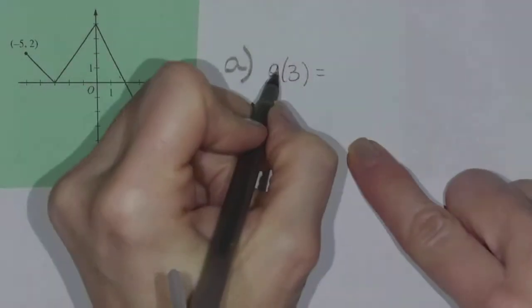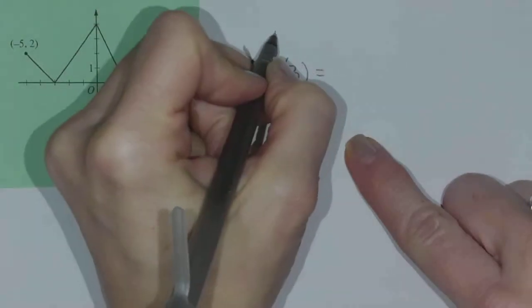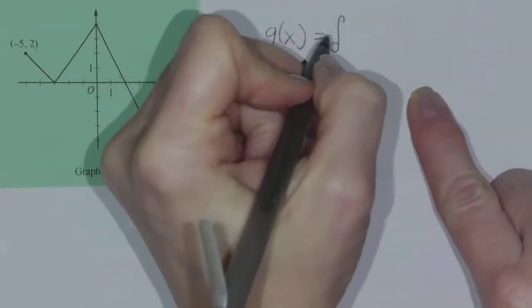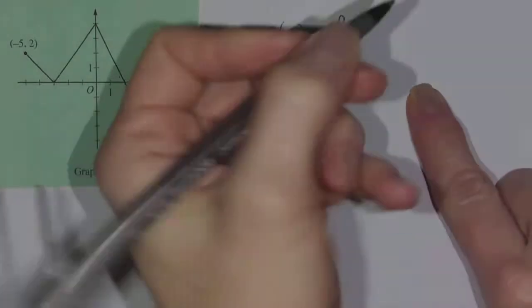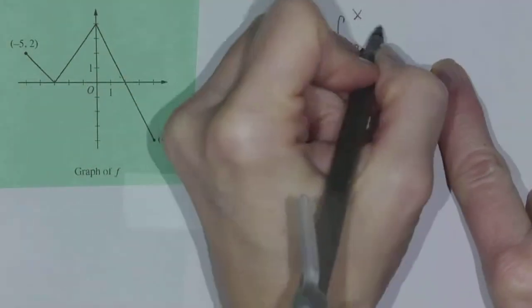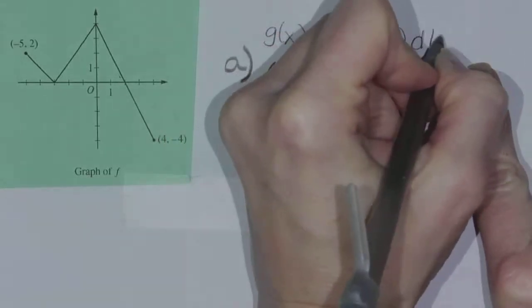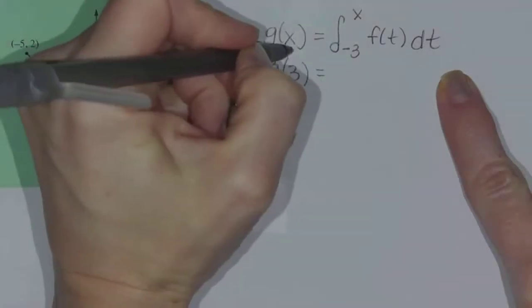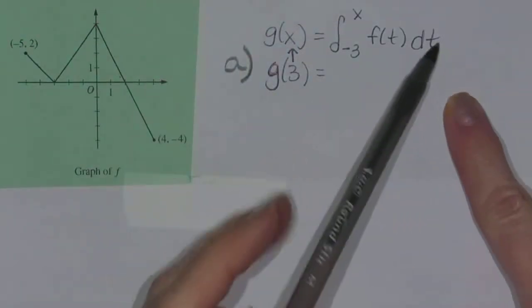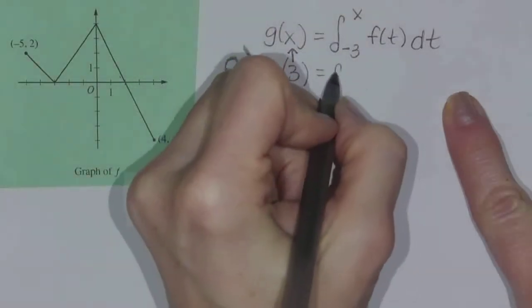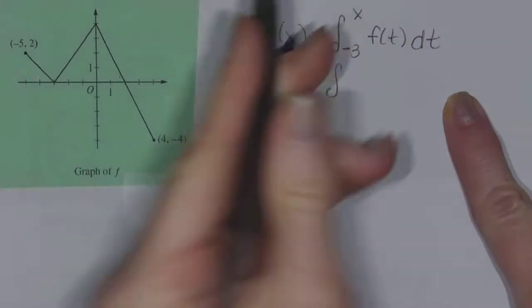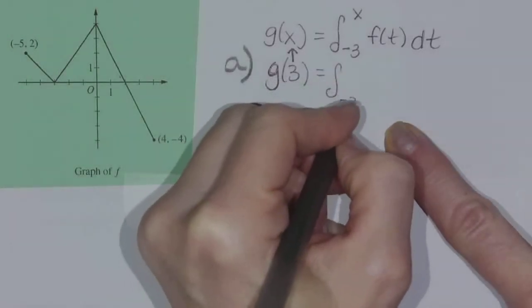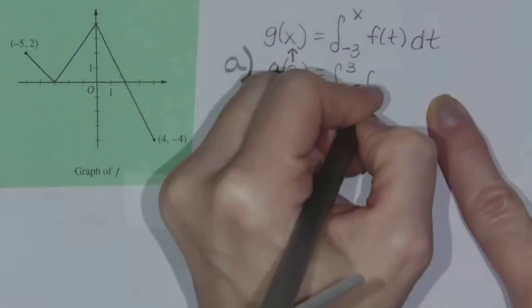Okay, well, right above this, let me just click and drag this over. I was given that g of x was equal to the definite integral from -3 to x of f of t dt. So following suit, if I want to find g of 3, my x just became a 3. That means on the right side of the equation, I have to replace this x with a 3. So g of 3 will equal the definite integral from -3 to +3 of f of